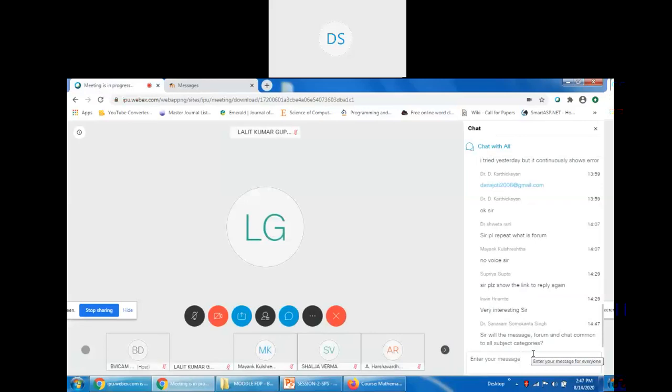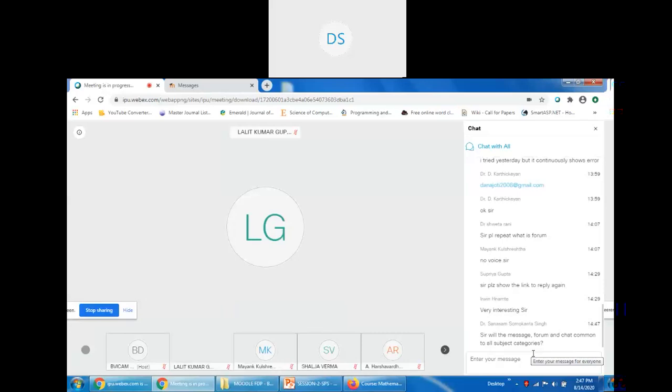Will the message, forum, and chat be common to all subject categories? Ma'am, I have added these activity modules only in my mathematics course. The message activity is inherently there in every course for all users.